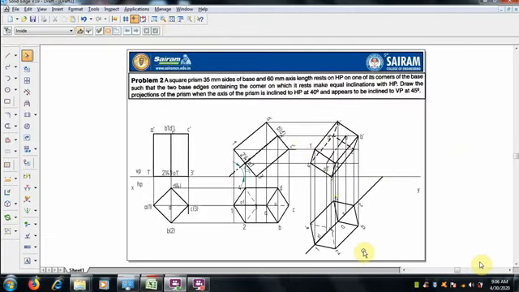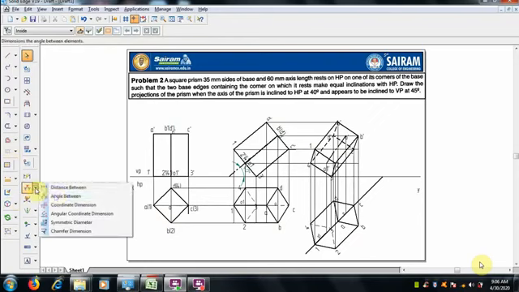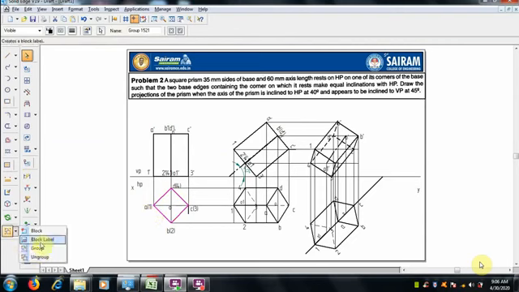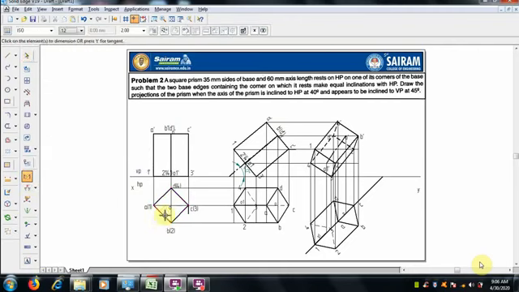Now the question is a dimension, we have to finish it. So a square prism 35 mm, so ungroup it, dimension 35, okay, and the axis length is 60, and the inclination angle of 40.